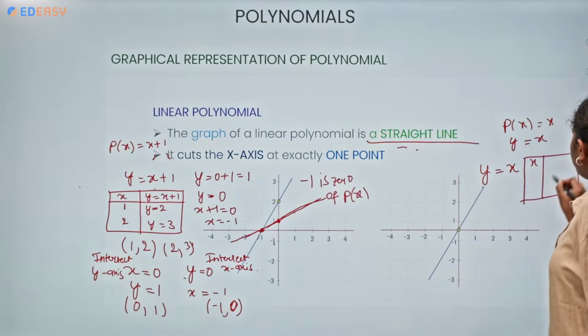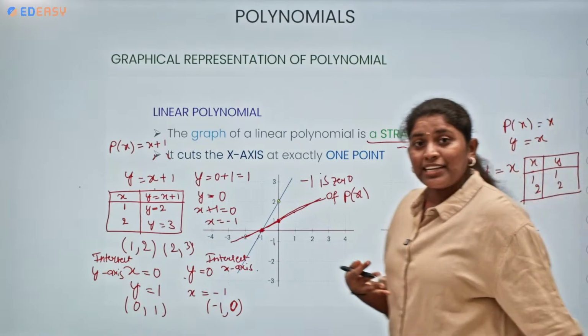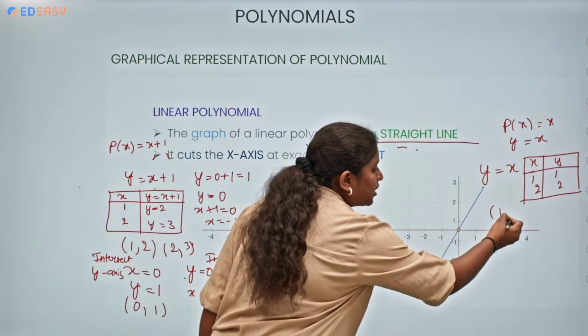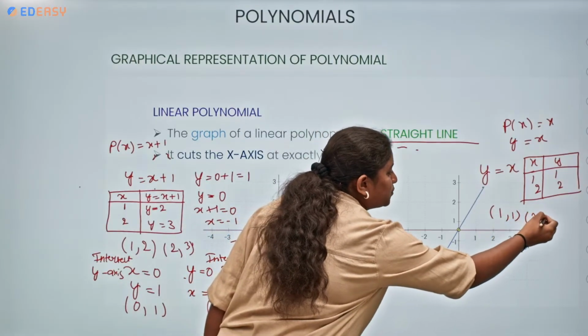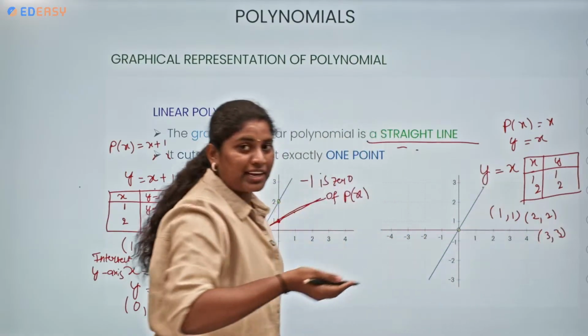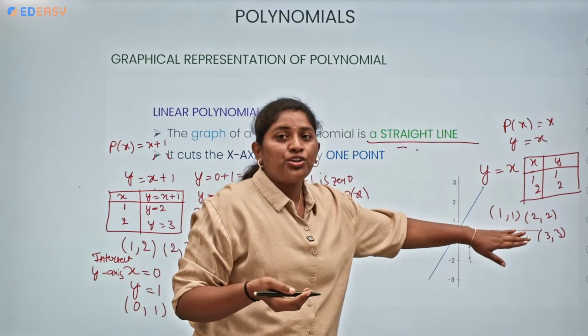So, x value and y value. If I am taking x1, then what is the y? 1. And x2, y2. So, we will be getting the coordinates. What are the coordinates here? Coordinates will become your 1, 1, 2, 2 and 3, 3 and so on. Right? Now, if you plot these points on your graph,